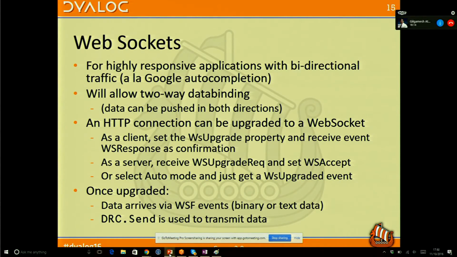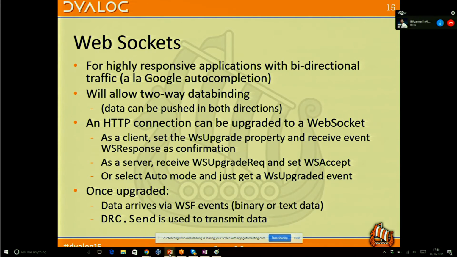And this is done through some quite simple interactions. If you're a client and you have a connection, you set the WebSocket upgrade property, and a little bit later, after Bjørn has done the negotiation with the server, you'll get a web service response. On the server side, if you have a client, which might be an APL program, but might also just be a web browser, you'll get a web service upgrade request.